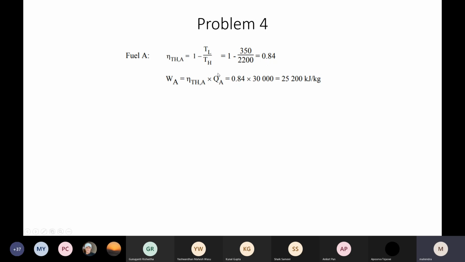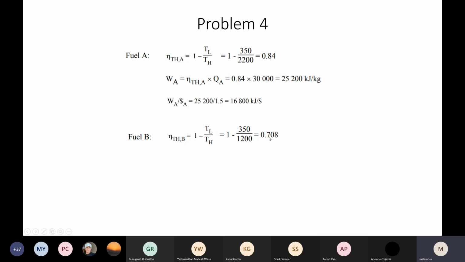Along with that, QA you know because the fuel calorific value is given, that is 30 megajoules per kg. When you multiply with efficiency, you are getting this. And with price when you are calculating, this is the energy released per dollar. Similarly, we are going with